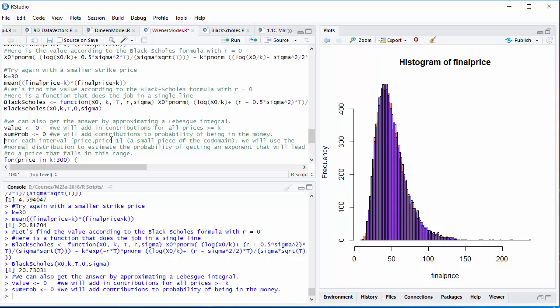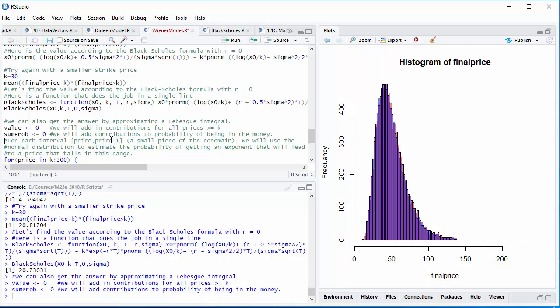I'm going to break up the codomain into short intervals of price to price plus 1. That's a small piece of the codomain, and for each $1 subdivision of the codomain, I will use the normal distribution to estimate the probability of getting an exponent that leads to a price that falls in that range, and then I will just sum up